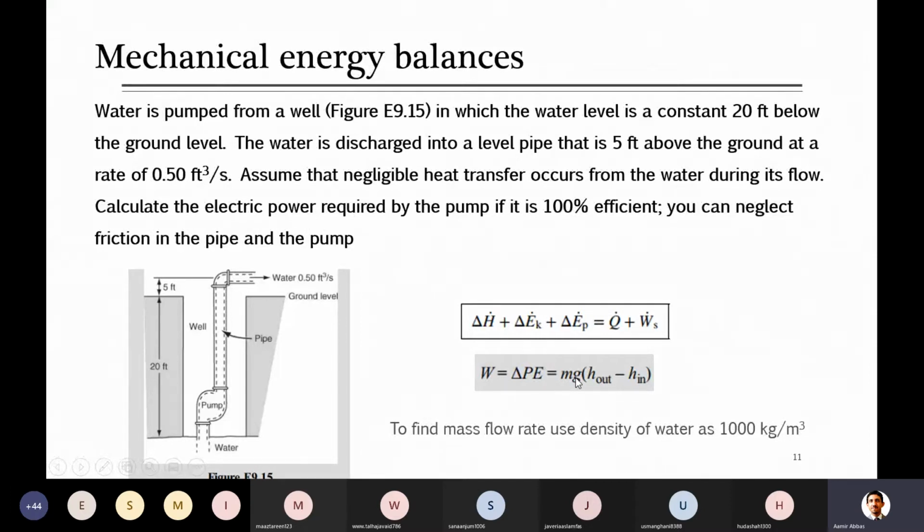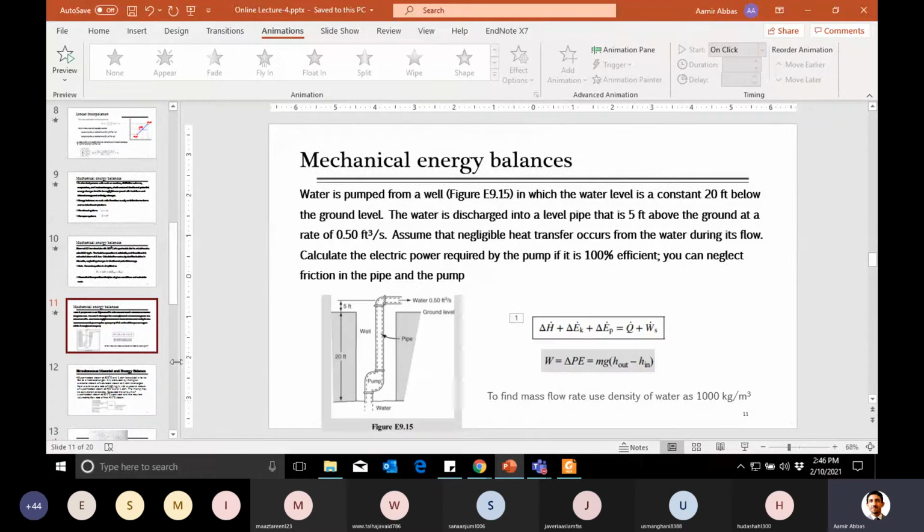So how to find the mass flow rate? Can you find the mass flow rate? Density. Yeah, simply, good. The volumetric flow rate is given. To find the mass flow rate you should have the density, and this is water and no specific condition is mentioned, so we can use the simple general value of the density. So I think it is again straightforward.